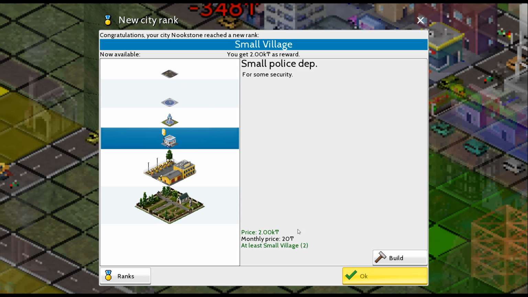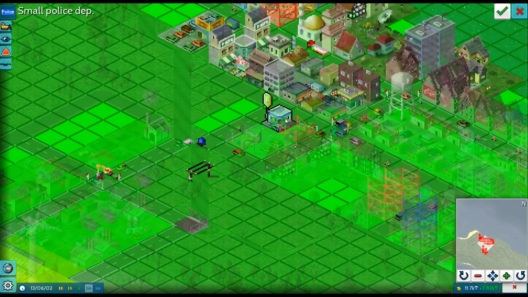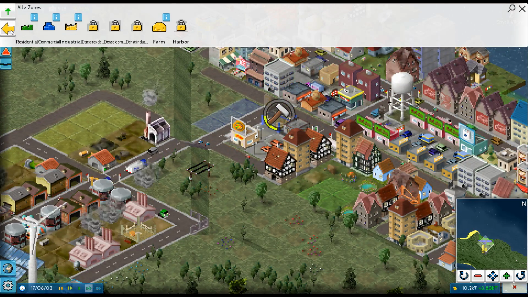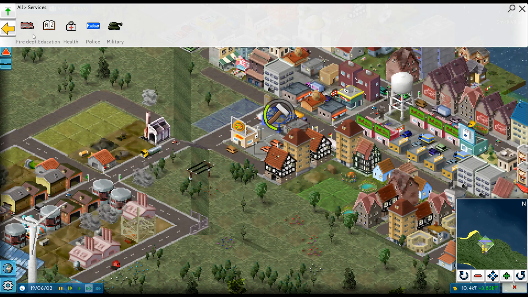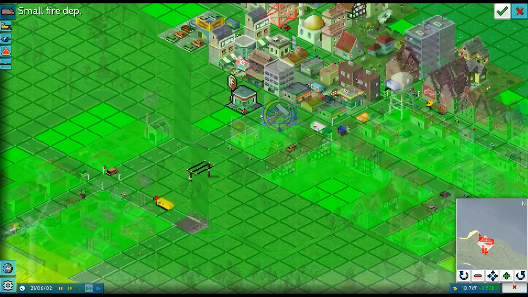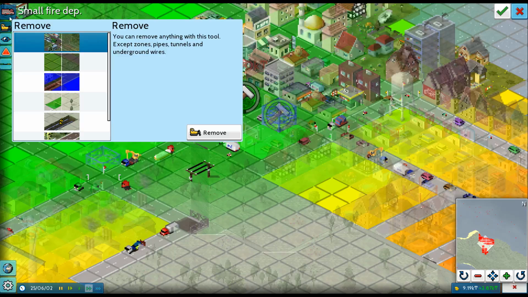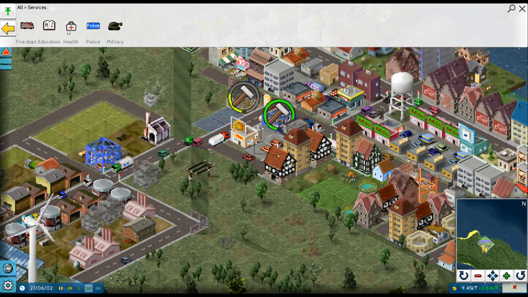Well, I do want a police station. That's going to go... Actually, you know what's going to go right there. Right where I was going to be putting other things in. But now we go get police taken care of. Do I have a fire department yet? Fire? I do. Fire department. Will, right. Across the street. Okay. We can take a look at later on if those are...